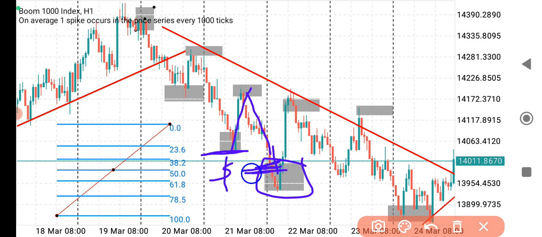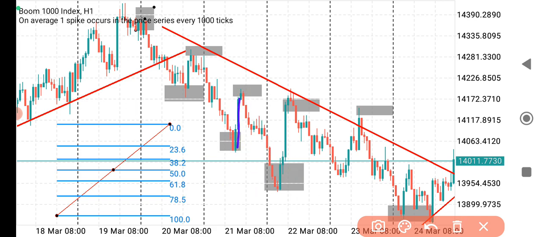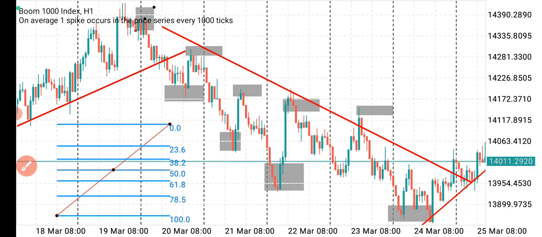Then after you have gotten this particular formation, liquidity being taken here, and then price comes down after taking this liquidity, a complete 1 hour candle is formed. It is from that point you now make your buy entry. Okay, after a 1 hour candle, that is the point you will now make your buy entry. And this buy entry, you will now make it on a lower time frame. So you will now move to your lower time frame,